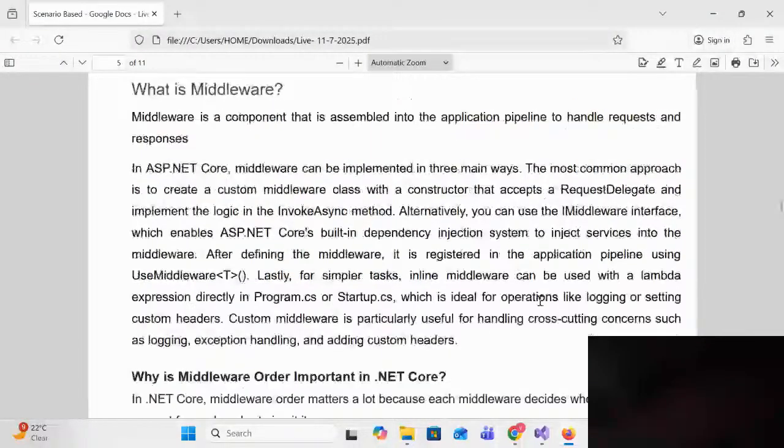So middleware is a software component in the application pipeline that handles requests and responses in ASP.NET Core, and it can be implemented in three ways. The most common approach is to create a custom middleware class, a class with a constructor that accepts the request delegate